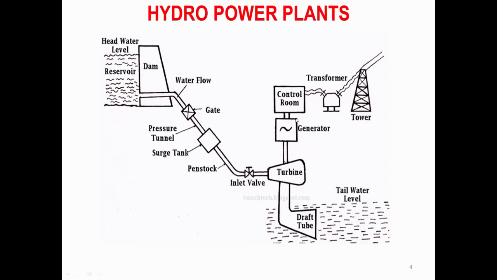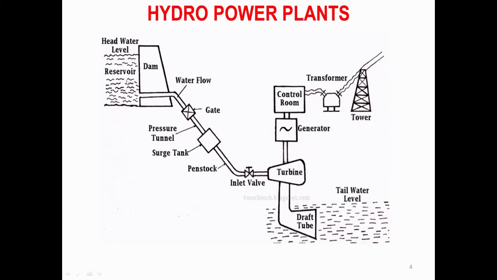So you can see in the diagram, we have a dam here which is located at a fairly high distance from the turbine. We have water stored here, and this water comes from this dam into the turbine with the help of large diameter tubes called penstock. If you open the gate here, the water comes down with high velocity and hits the turbine blades. As the blades of the turbine rotate, it is coupled to a generator.